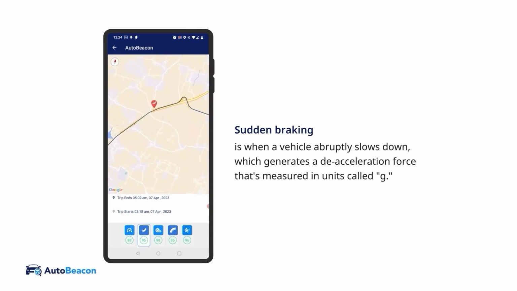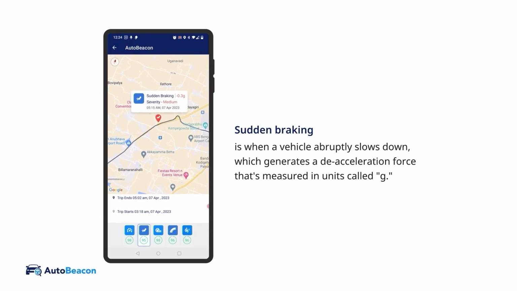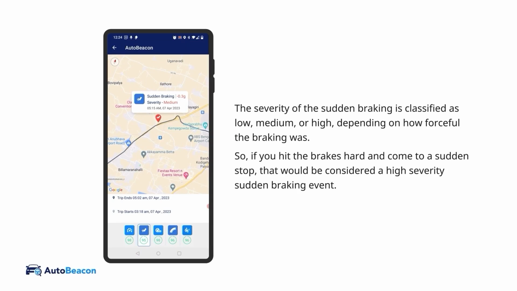Sudden braking is when a vehicle abruptly slows down, which generates a deceleration force that's measured in units called G. The severity of the sudden braking is classified as low, medium, or high, depending on how forceful the braking was. So, if you hit the brakes hard and come to a sudden stop, that would be considered a high-severity sudden